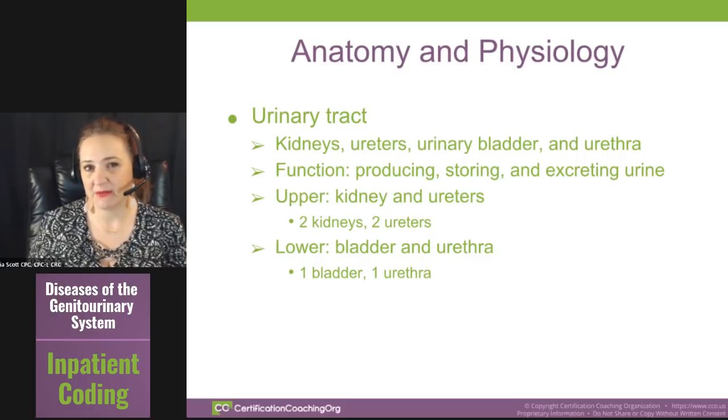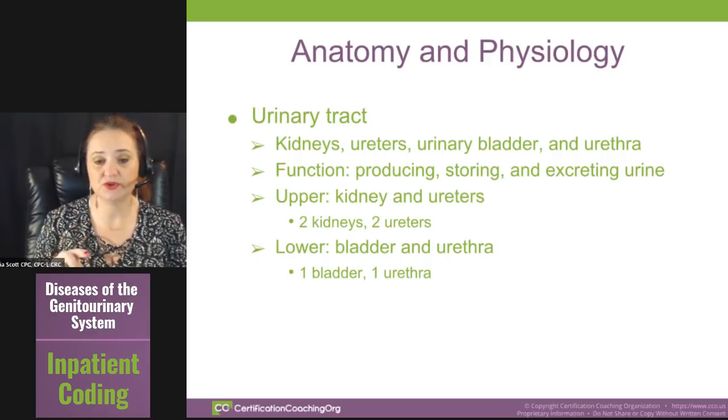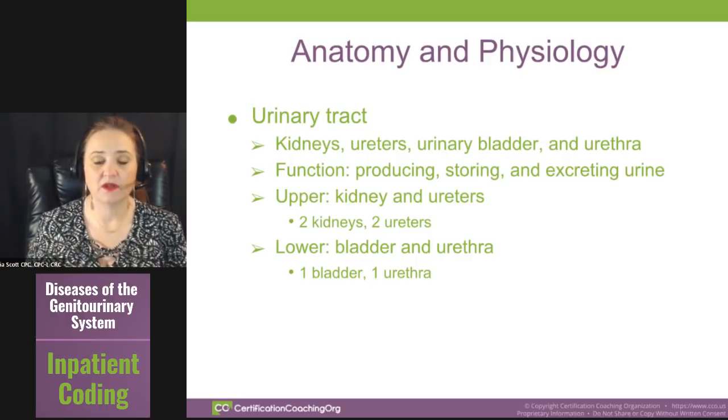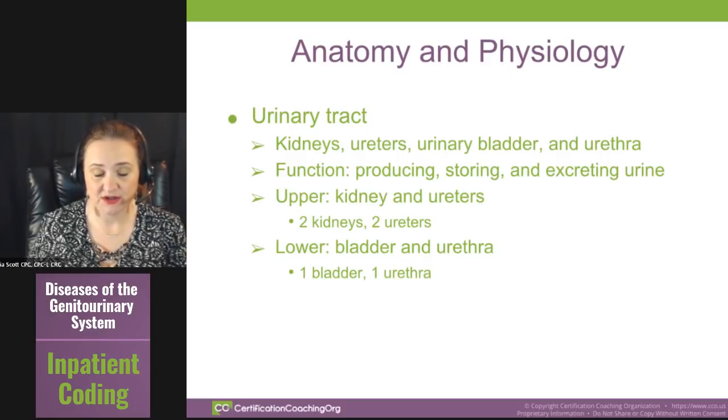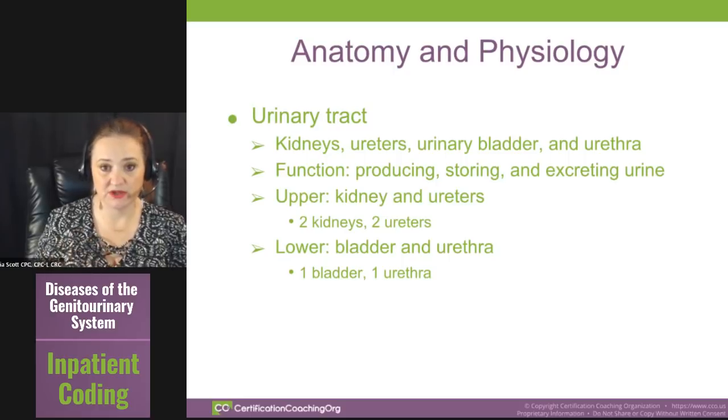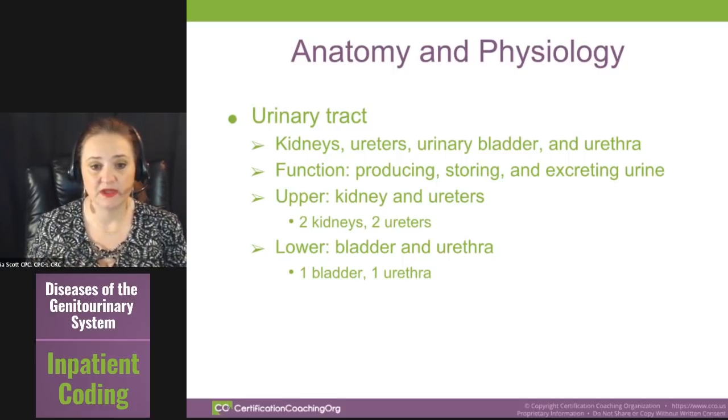Most people kind of have that memorized, but if you don't, you do need to memorize it. You have two kidneys, two ureters, one bladder, one urethra. The reason for our urinary tract is to get rid of the urine, which is a form of waste, and our kidneys filter. Then of course the bladder stores it,